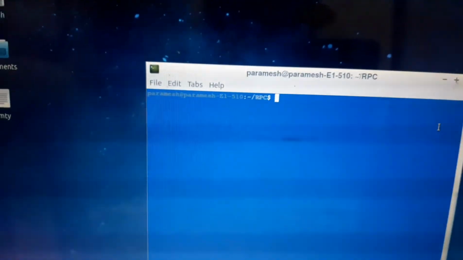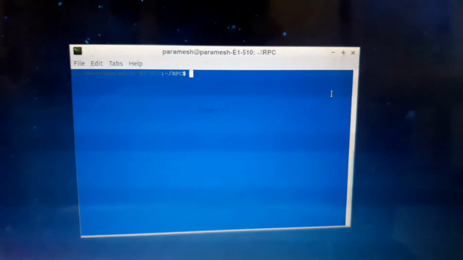These are present in my system because I had executed them before. By this execution, additional files will be created in our RPC folder, which help in the execution of an RPC application in which we have to do addition and subtraction.